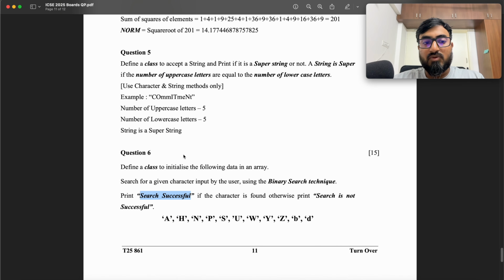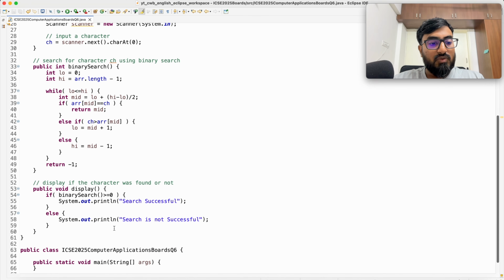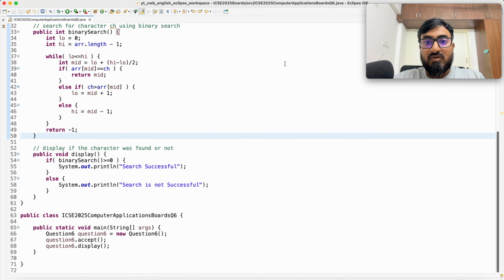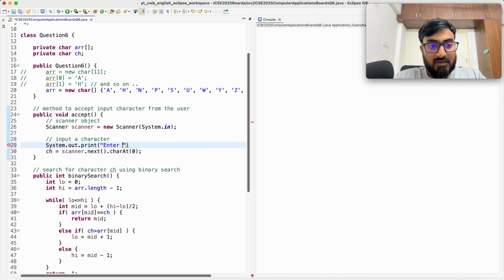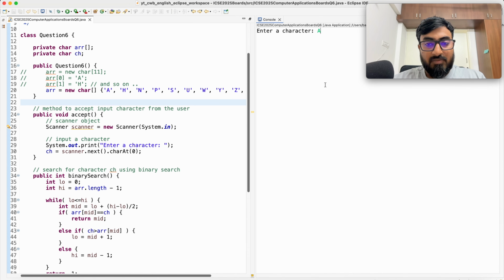Okay, so you are not supposed to create an object and call methods, but I'm going to do it just to test this. Okay, so I did not print a prompt message. Okay, so I'll say uppercase A, search successful because A is there. Then I say uppercase B, not there, search is not successful. Then uppercase C is also not there. Okay, then I'll say H is successful. Then I'll say uppercase N is successful. Then I'll say P, successful. Then I'll say Q, not successful. Then I'll say S,